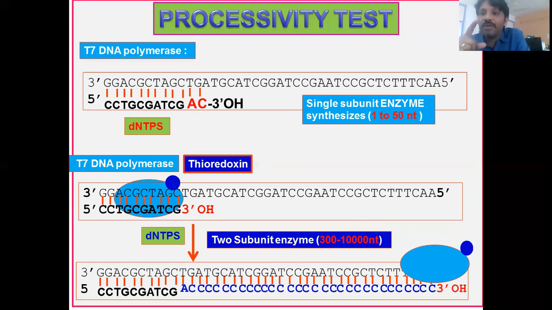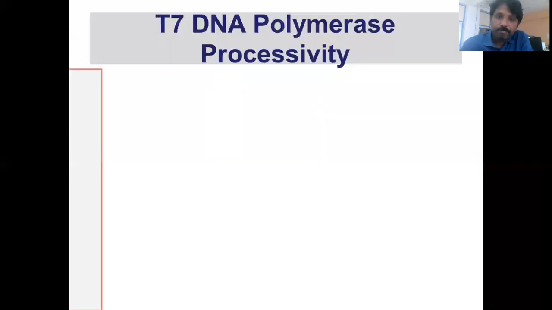So T7 DNA polymerase all alone, a single subunit, has poor processivity. When it is clubbed with the thioredoxin, it can add almost 300 to 1000 nucleotides per one association or one dissociation. Right? So this feature is very useful for a sequencing reaction. But the problem is, yeah,